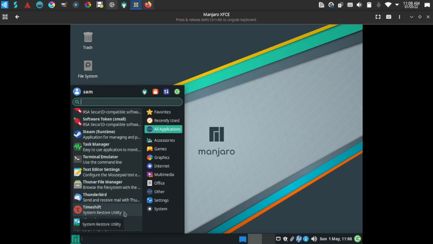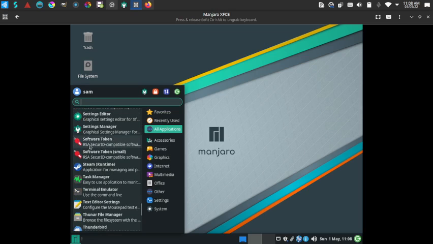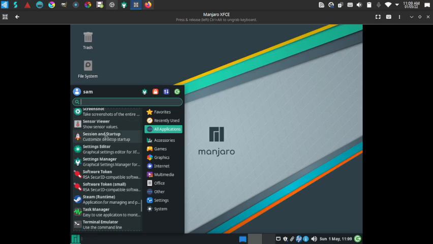So you can watch my yesterday's video, where I have given an overview and shown how to install Timeshift. Ristretto image viewer is there, text editor is there, terminal emulator, XFCE terminal emulator is there, even Steam is there for managing and playing games on Steam. So the app is there, the software tokens are there, settings manager is there, settings editor is there,